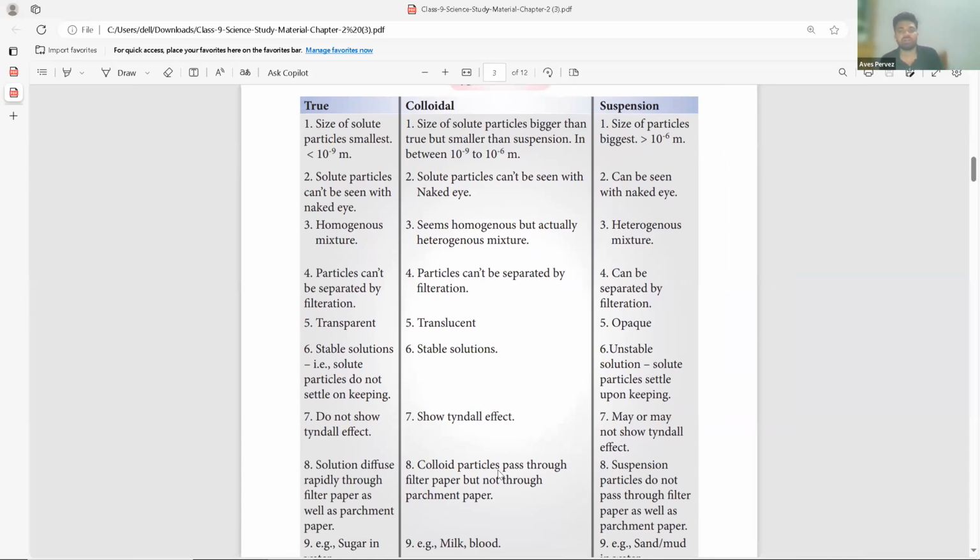The main important thing is that the size of the particle may be asked, that is, what is the particle size of colloids, true solution and suspension. So you have to memorize this properly. For a true solution, the particle size is less than 10 to the power minus 10... 10 to the power minus 9 means 1 nanometer. Less than 1 nanometer. 10 to the power minus 9 is 1 nanometer. Okay. So you have to memorize this one. Just memorize it, and when you're done, please let me know.